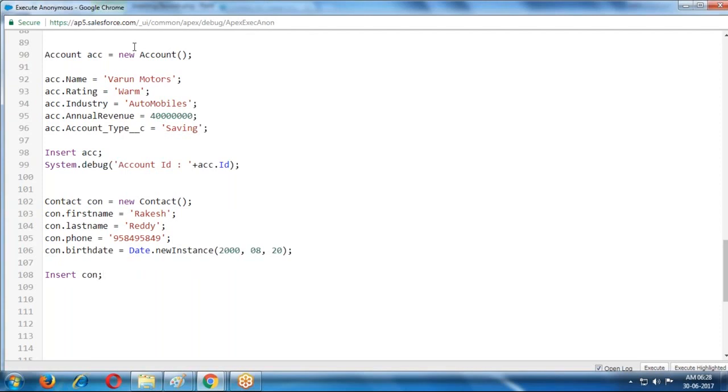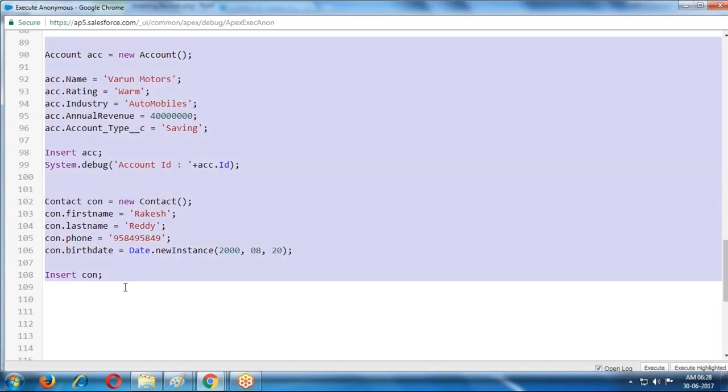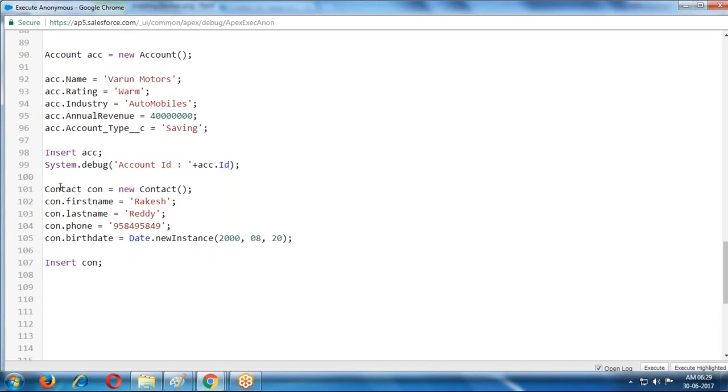Now, how to create this relation here? Normally, if I create one account and one contact, there is no relation between these two. If you want to build it, I am using parent to child relation.